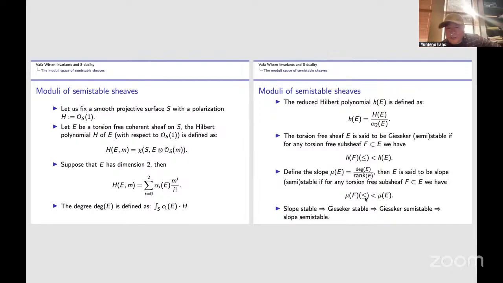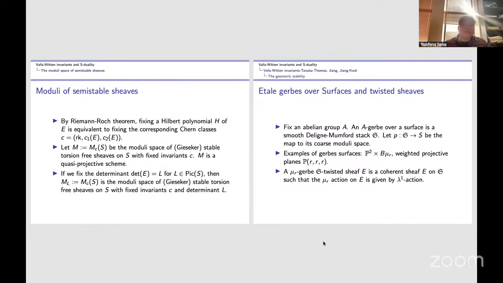And here is a very well-known fact: slope stability is the strongest, but slope semistability is the weakest. Okay? And then if you have the stability, you can define the moduli space of stable or Gieseker stable torsion-free